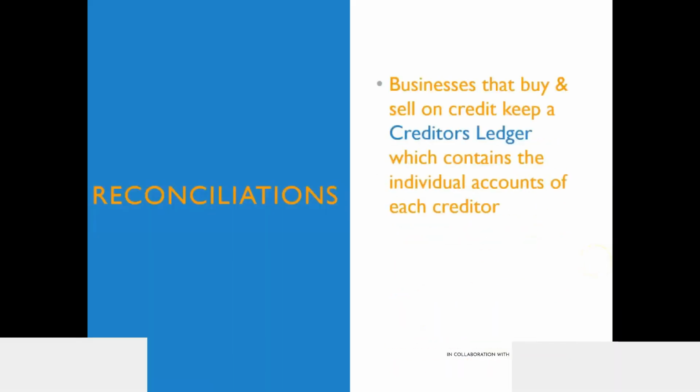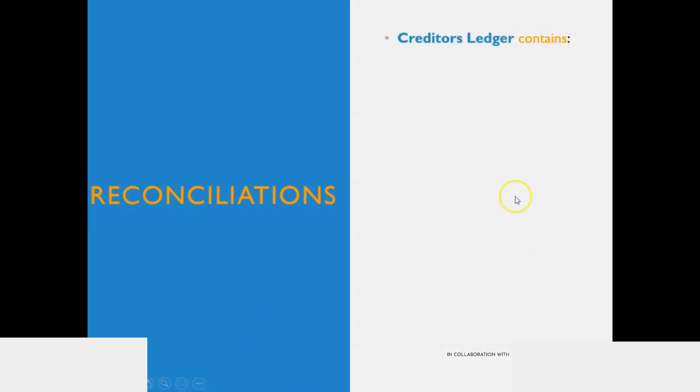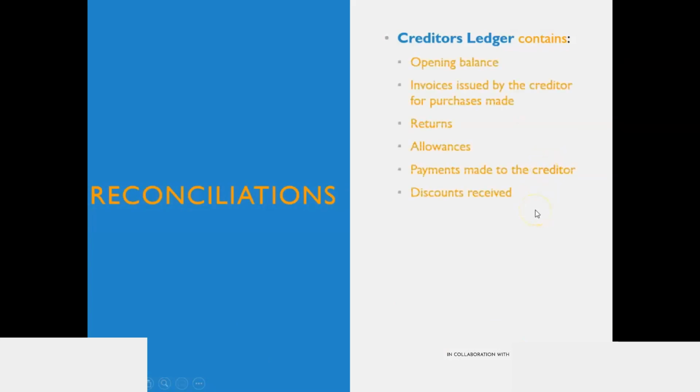Okay, so what is a reconciliation per se, and how does it work when we talk about creditors? We know that businesses that buy and sell on credit keep what? They keep a creditor's ledger, which contains the individual accounts of each creditor. If you know what a creditor's ledger is, then this should not be a hassle for you. A creditor's ledger usually has an opening balance,